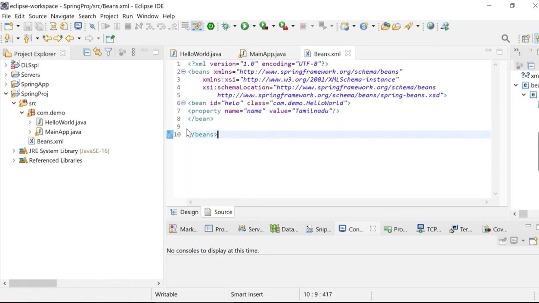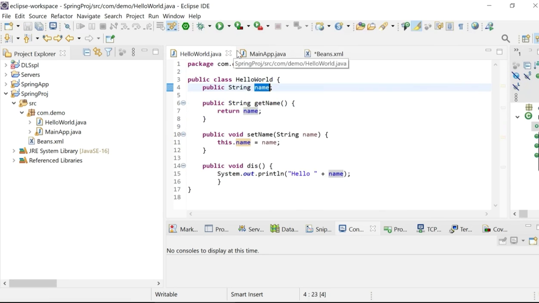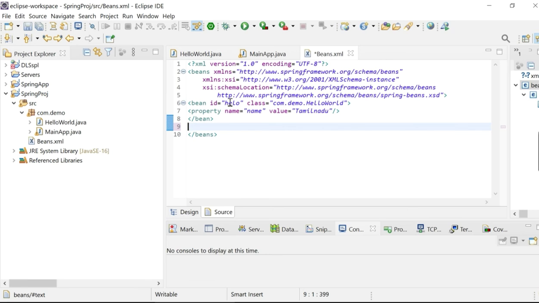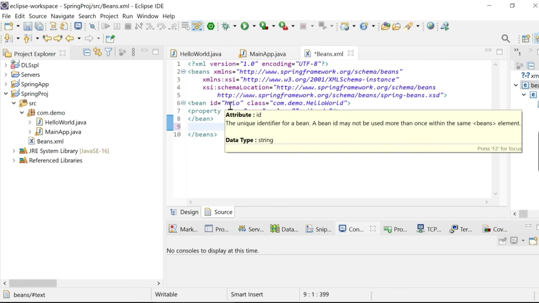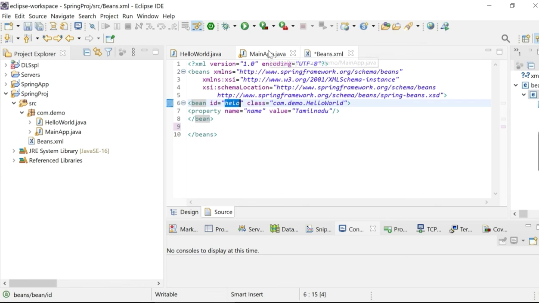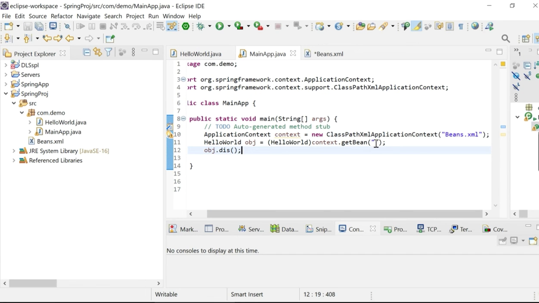Now you can see the Pojo class HelloWorld object name is hello. We need to give it here in context.getBean. Which bean are we going to access? The HelloWorld bean.